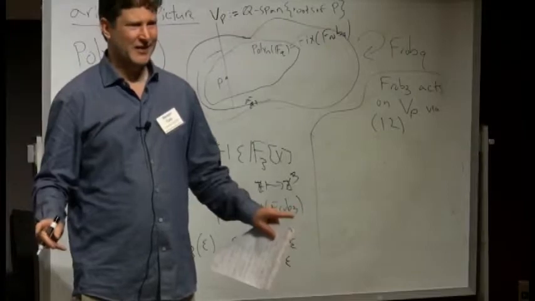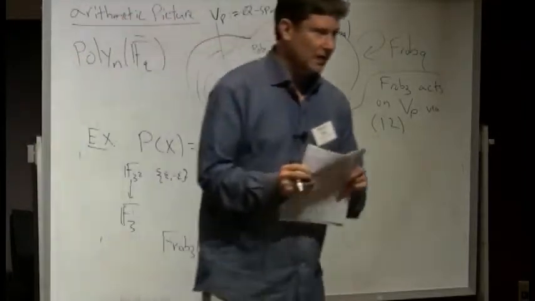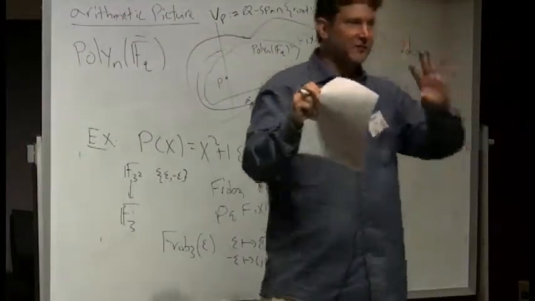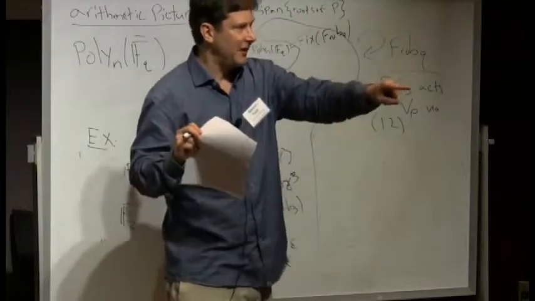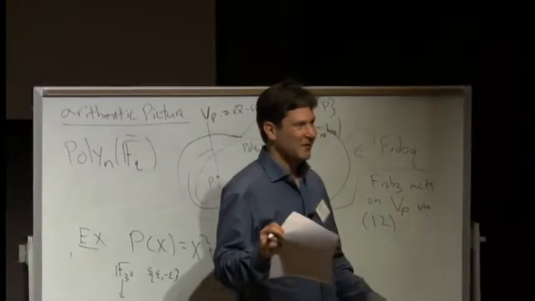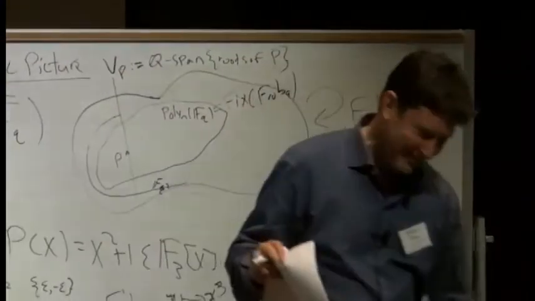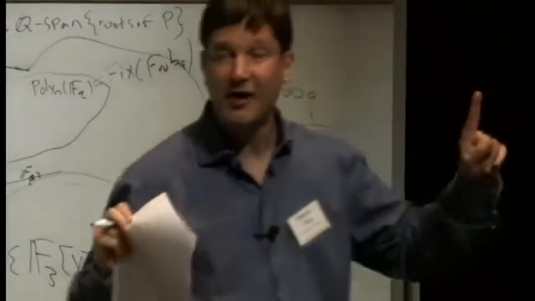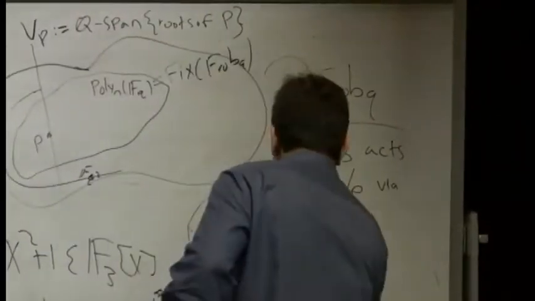Any questions? Now you might complain that you were labeling things, you're making choices of bases. Yes, but if you chose a different basis, maybe it's acting by (2 1) instead of (1 2). Or, if there were more roots, you know what I mean? Like (1 3) instead of (1 2). Up to conjugacy. So the conjugacy type is well defined.